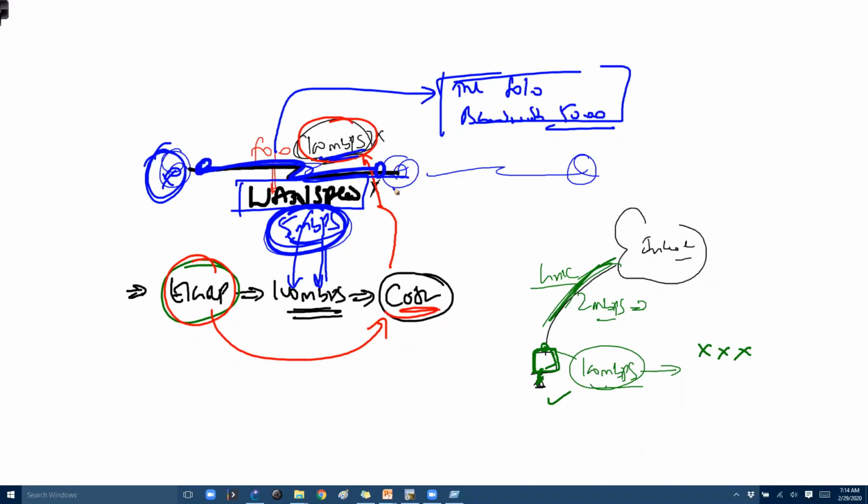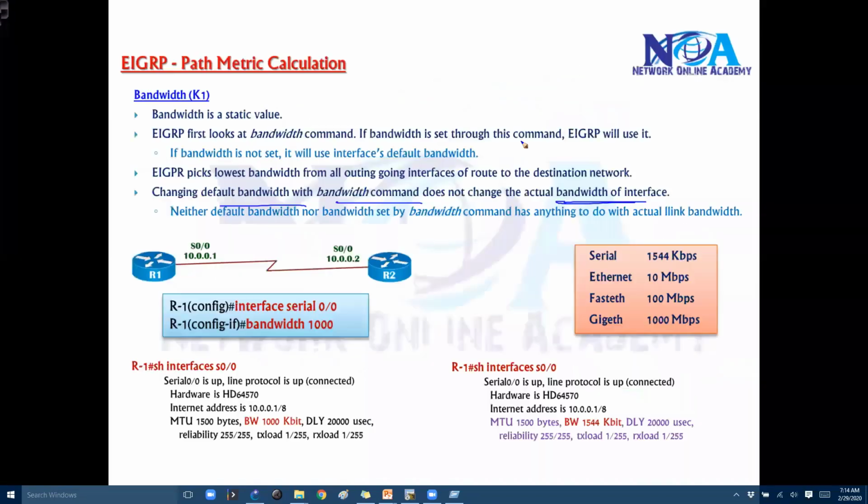But we need to make sure that we give a bandwidth similar or nearest to the actual bandwidth provided by the service provider. So always remember, neither the default bandwidth nor the bandwidth you set manually influences the actual bandwidth. The actual bandwidth is controlled by the service provider.